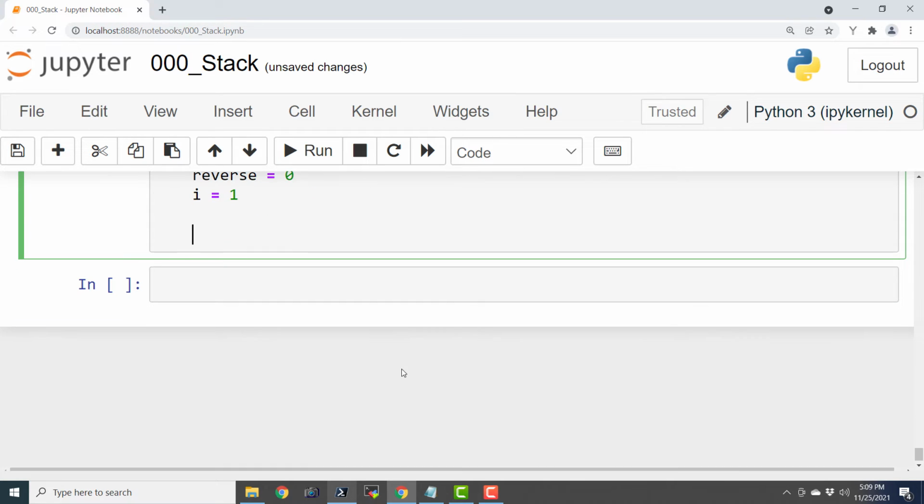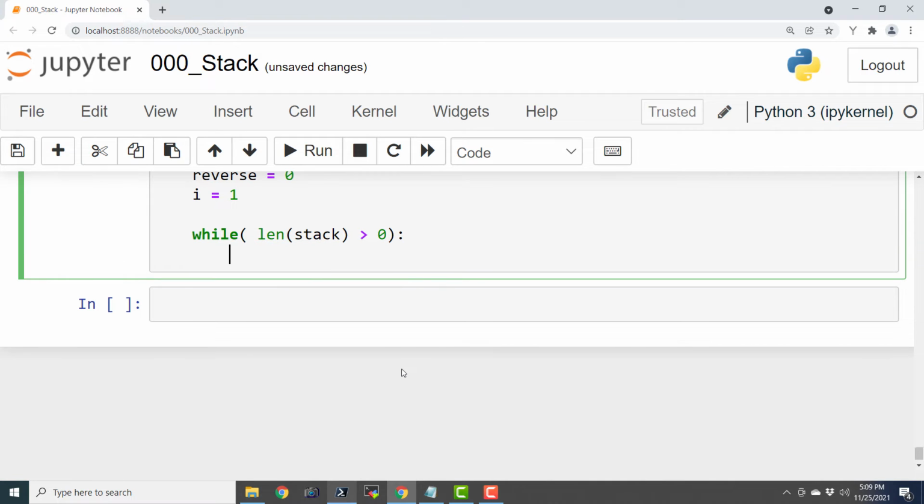Now let us go ahead and start popping and processing this. While length of stack is greater than 0, reverse equals to reverse plus stack[length of stack - 1].